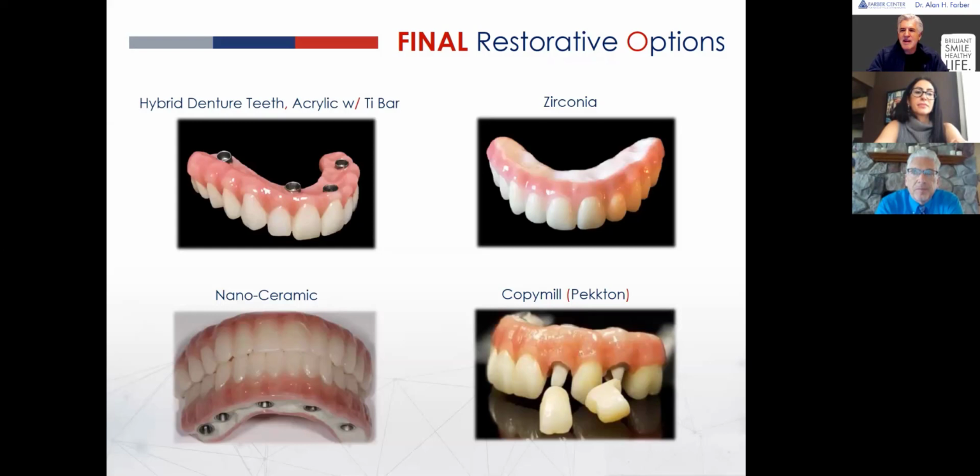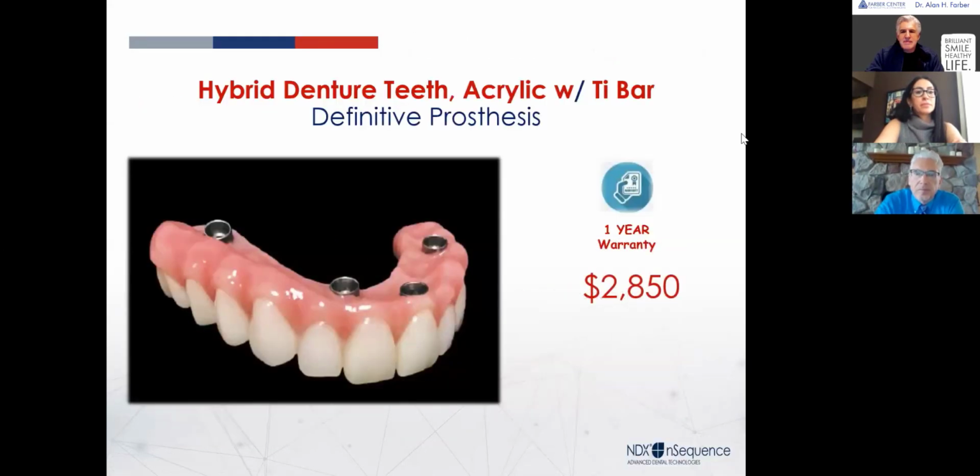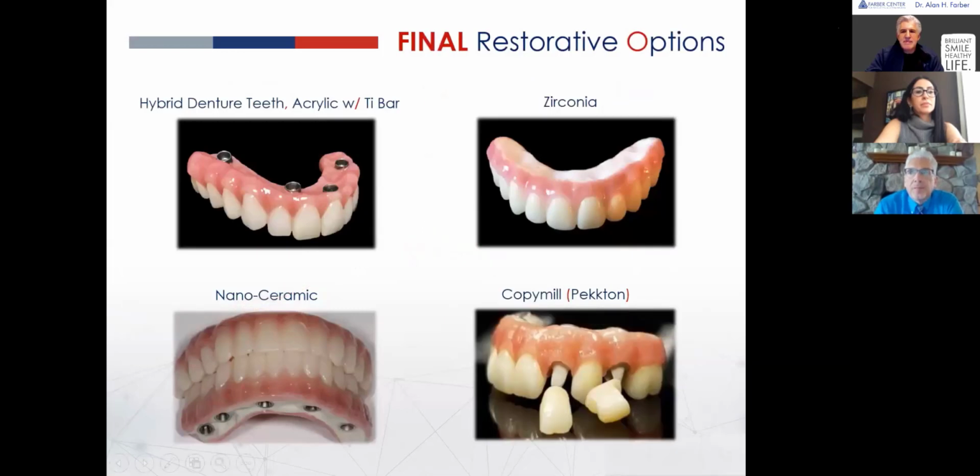And Len has his hand up. Len. Not so much a question, Alan, but just a comment to make about that, the contract. I just want to tell the group that, Alan, you remember we had that one patient who did not want to complete treatment after the surgery. Thank goodness for your contract and how clear it was that there was a certain amount of money due to me and a certain amount of money due to you, that when the mother of that patient who was paying decided she didn't want to pay anybody because the son didn't want to go forward, I was able to recover